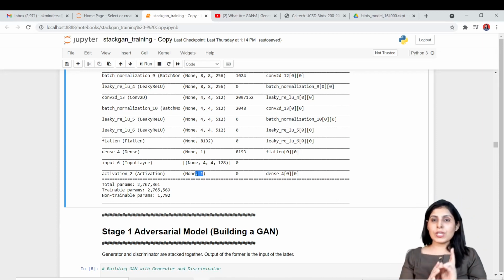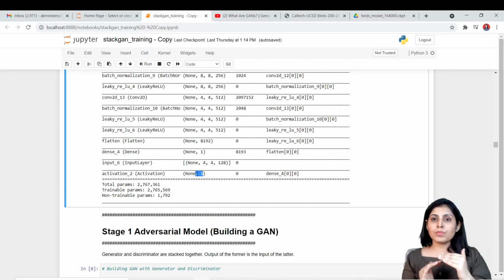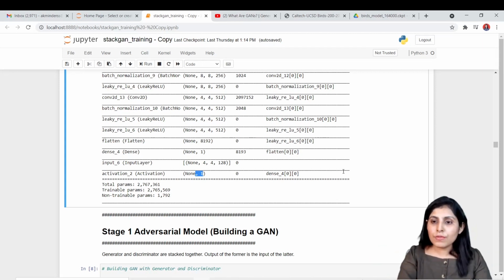So now we have created two models. One is for generator, one is for discriminator, right? So these are separate models right now. Now we want to build a GAN network, right? We want to tell which network should work first, which network should work second, right? So we want to build a network now. So for that